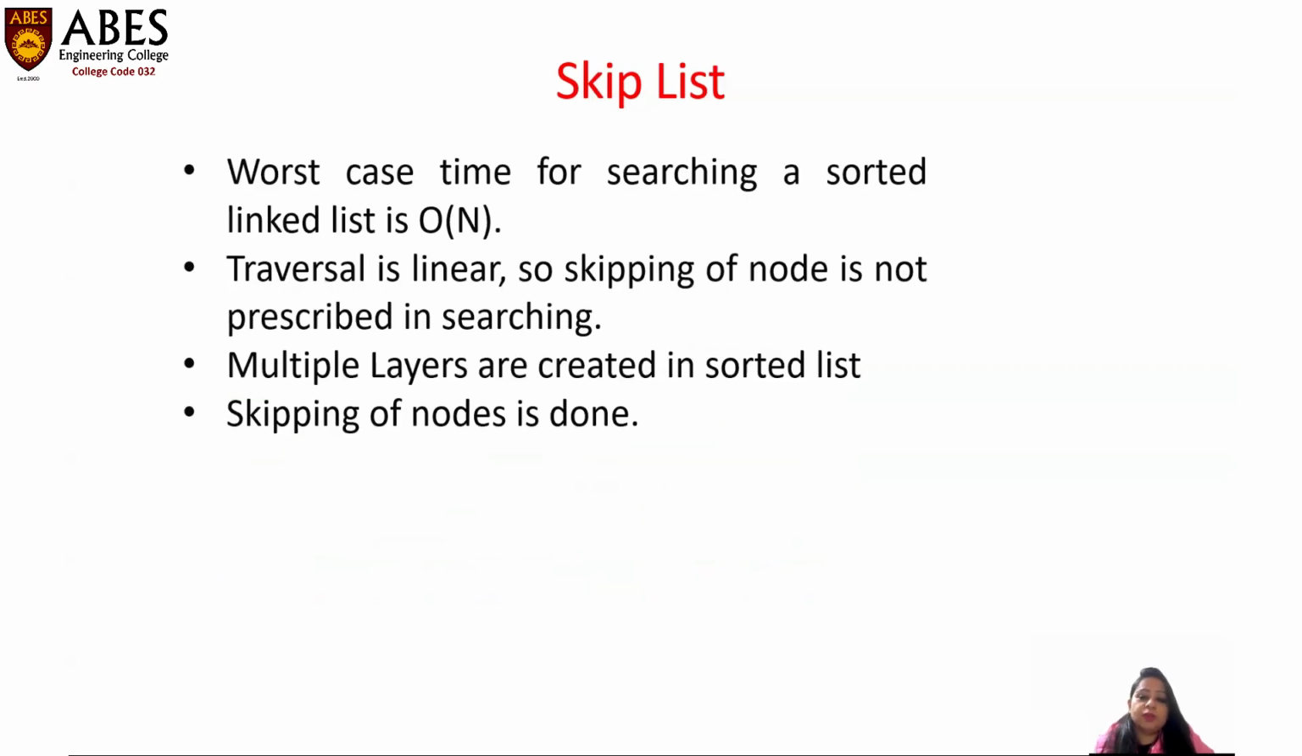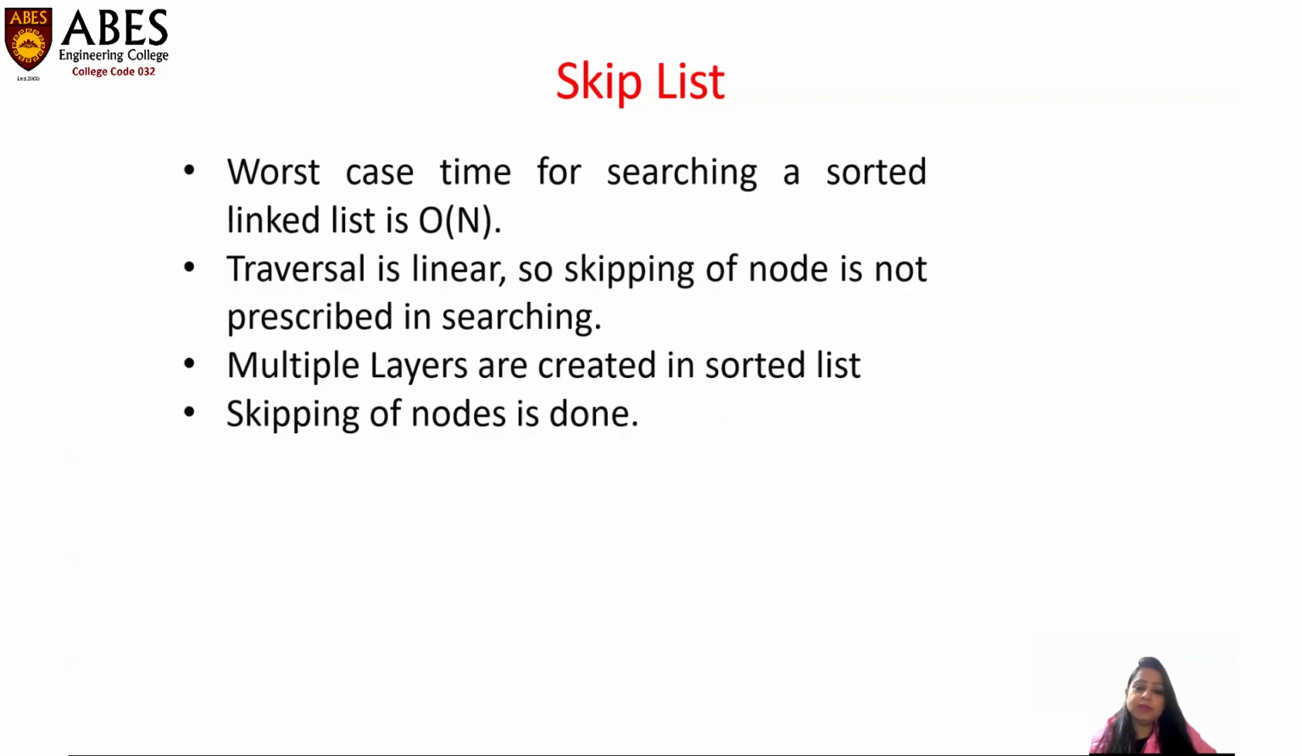Now, the worst case time for searching in a sorted linked list is order of n. For insertion, it is also order of n. Bubble sort, selection sort, it is also order of n. But in a skip list, if we do the skipping of nodes, then that complexity can be reduced to square root of n. The traversal we have followed here is a linear traversal, that means searching the nodes one by one. And we perform skipping of nodes